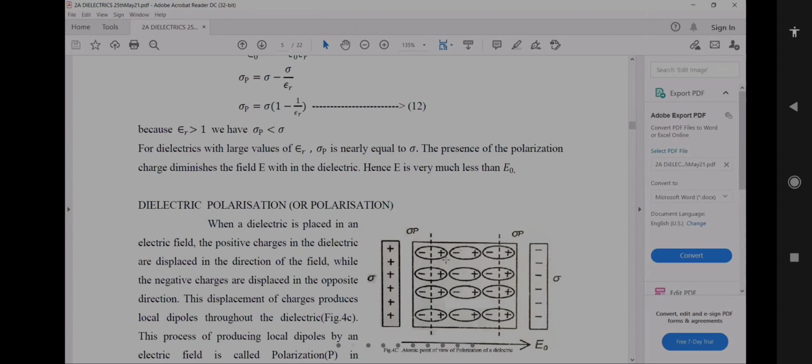So each dipole has an electric dipole moment, that is mu. Here the strength of the electric dipole moment depends on the strength of the external electric field. Okay, the strength of the dipole moment depends on the strength of the external electric field. So that is